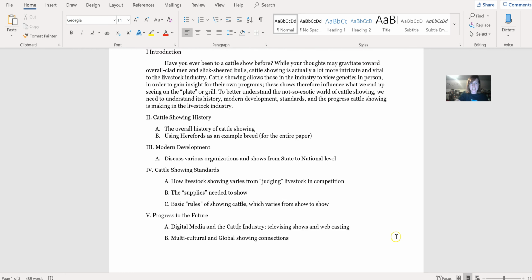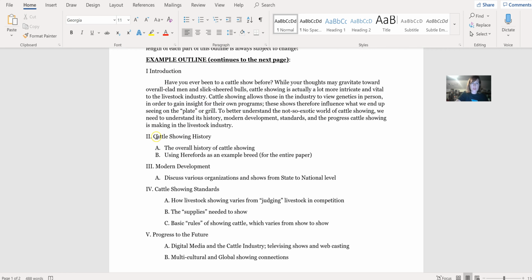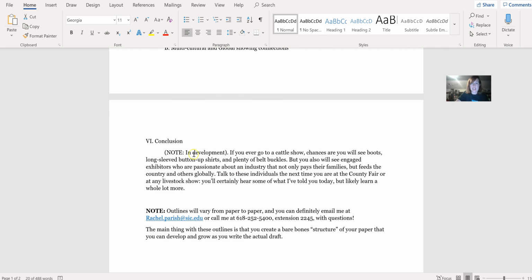So as you can see, in the intro here, I've got some Roman numerals that list all my points. I've got some subpoints. Each subpoint does not have to be equal. Like this one only has one and this one has three. So it can be varied. And then my conclusion, you'll note, is in development. So if you really don't have a conclusion, you can put in there that it's a work in progress and you've not completed much of it. I understand that. My conclusion is always the last thing I write. So at this point, I probably don't have a defined conclusion. That's okay. You can just explain that to me and that's fine.